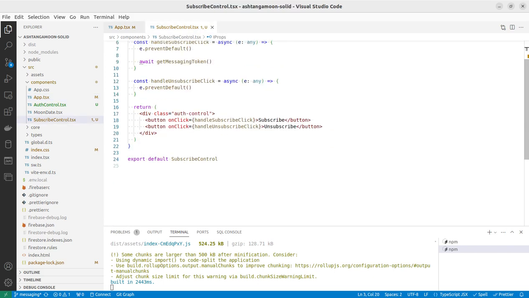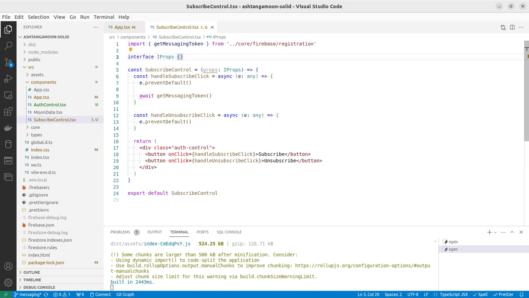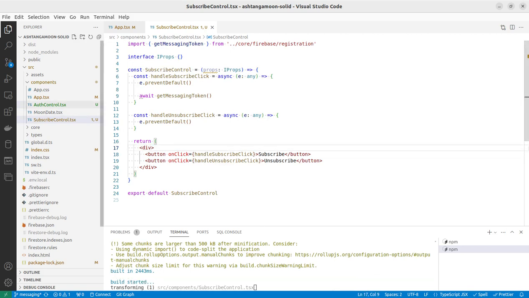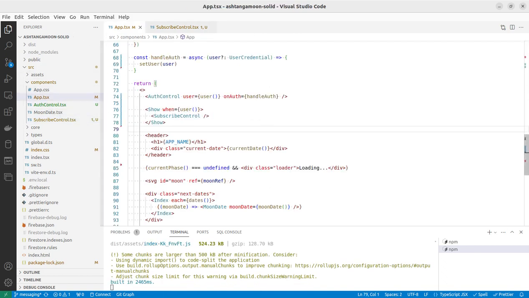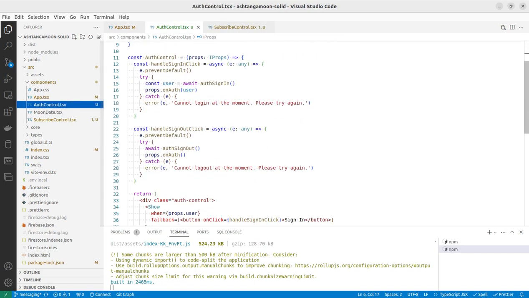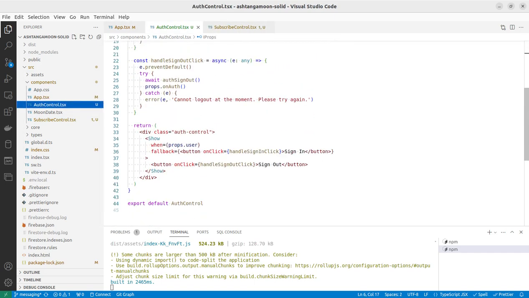I need to change the styles, the class name here. What if I just remove the class name from here for now, and instead of having a class for authentication control or AuthControl defined here, what if I just remove it from here too,